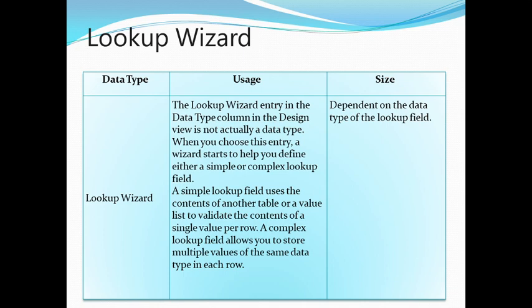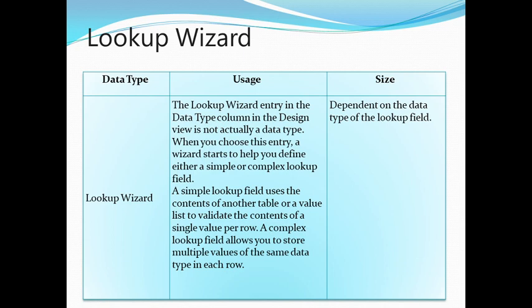Suppose many times when you enter an online form, some field provides you a list box, children. From that list box you have to choose one item. For example, country: you have to enter a country, so for that it provides a list of 4 or 5 or 10 countries. You have to choose from that list. So this list box you can create by using this lookup wizard.